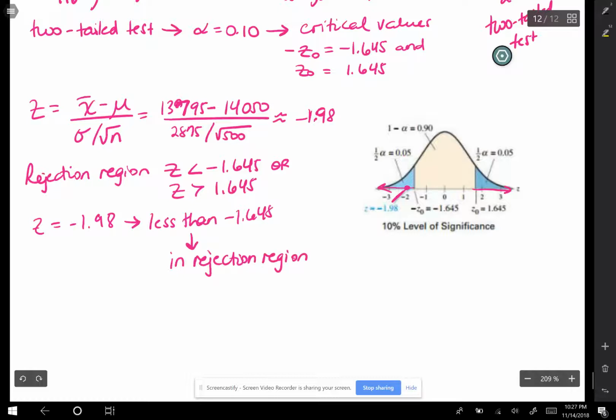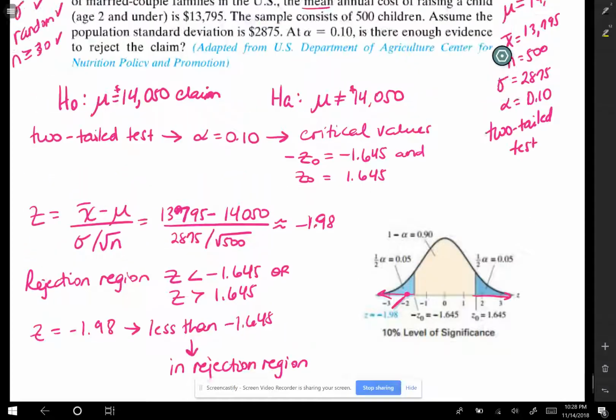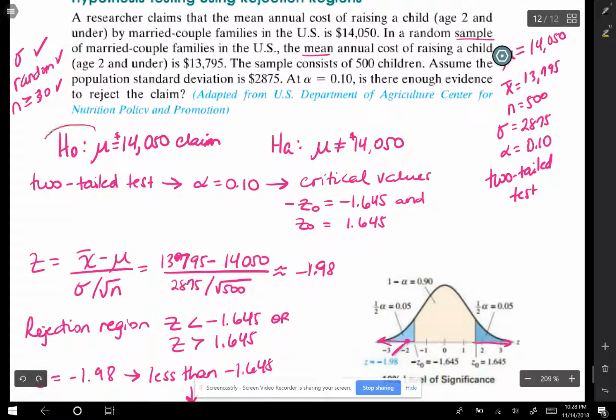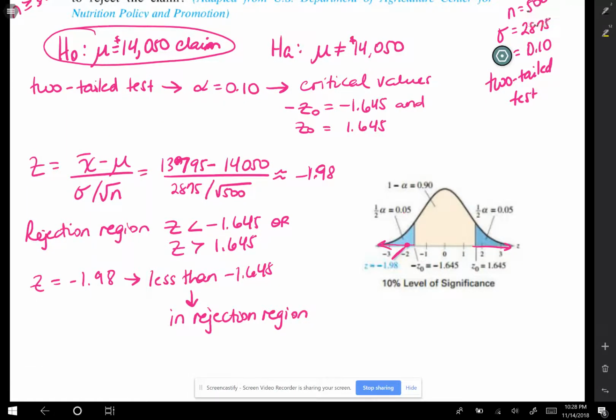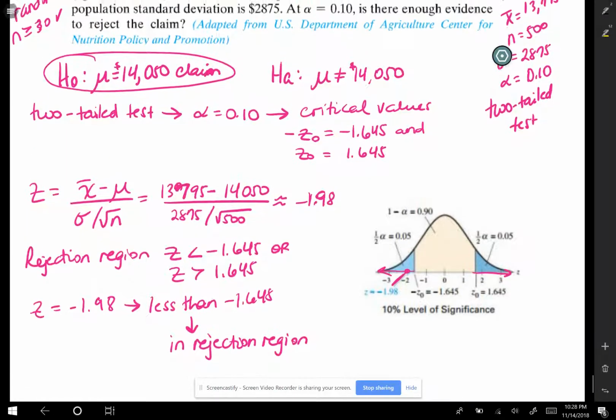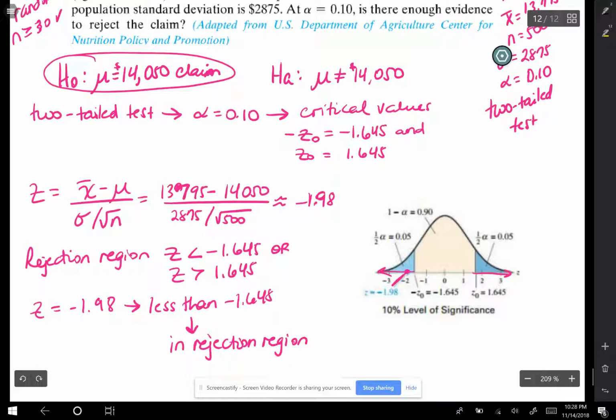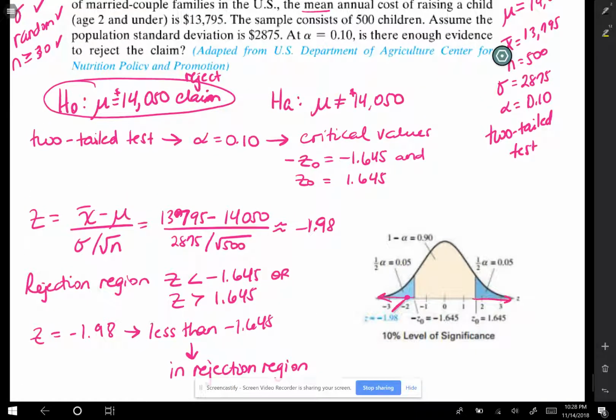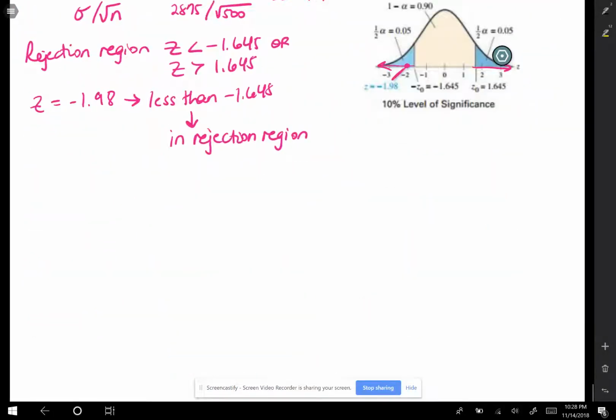So our value is in the rejection region, which means that we can reject the claim. If we look back up here, this was the claim. And remember, we're always rejecting or failing to reject the null hypothesis. Our z-value fell in the rejection region, so we're going to reject the null hypothesis. If we reject the null hypothesis in this problem, that was the claim, so we're going to reject the claim. So our final statement here would be,